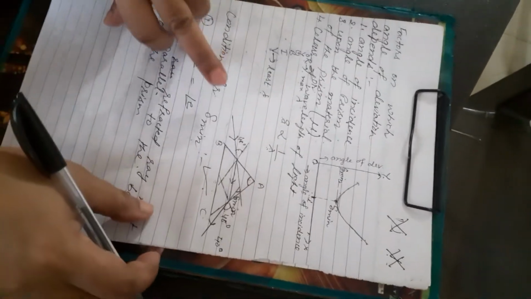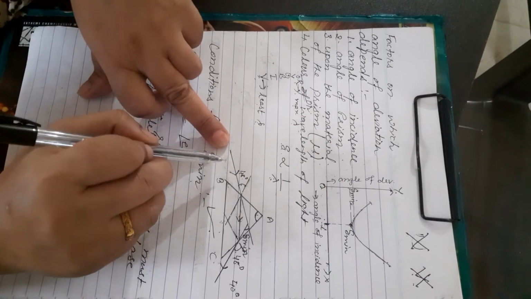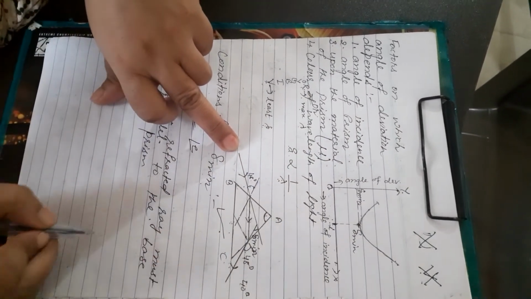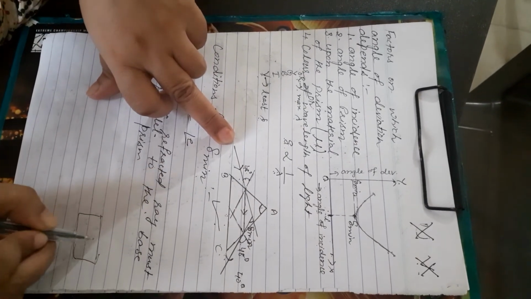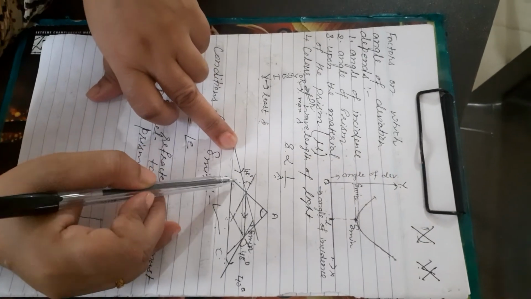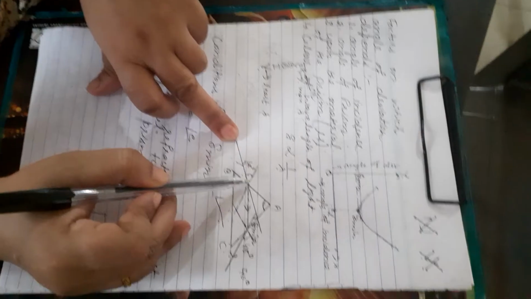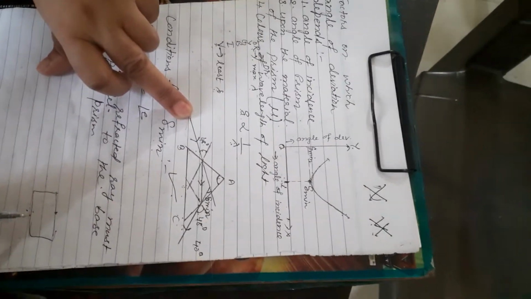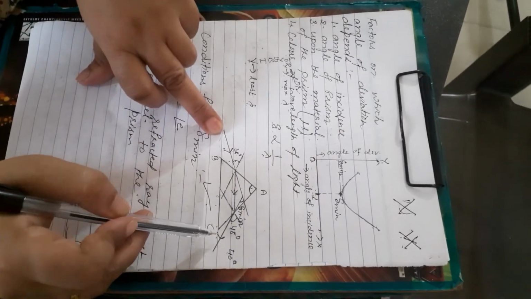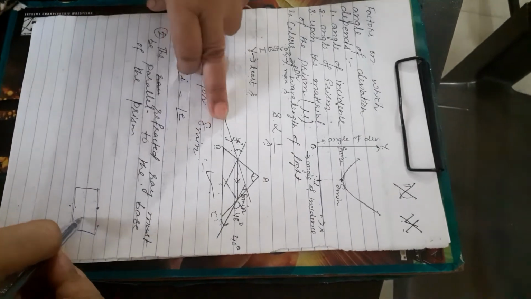One thing more: in the rectangular slab, as I told you in the last video, the incident ray and emergent ray are parallel to each other, because in a rectangular slab the two surfaces are parallel. But in case of a prism, these are inclined lines, not parallel to each other, so the incident ray will never be parallel to the emergent ray. That is the difference between refraction through a prism and through a glass slab.